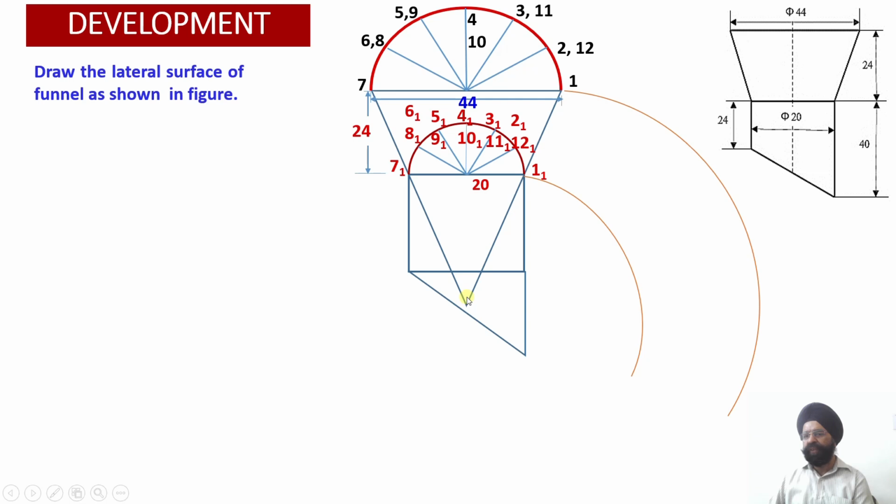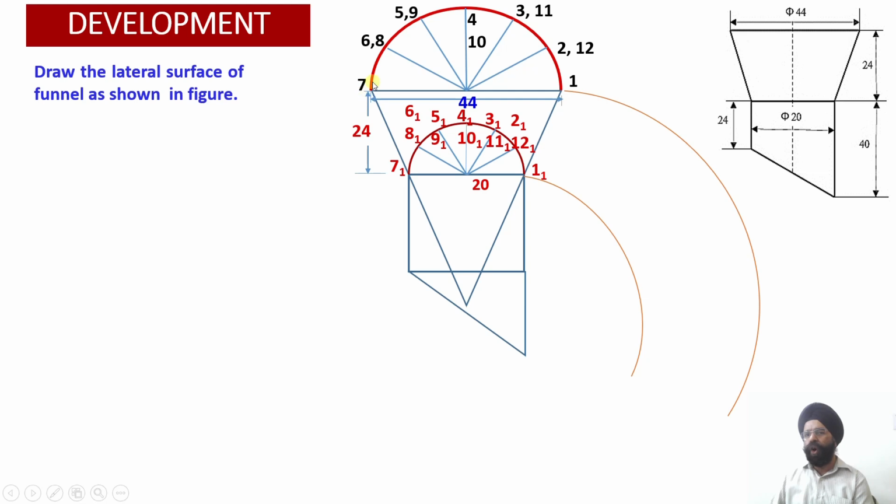This is my true length for the smaller cone. And now I draw another arc over here. Now what I need to do, please check. I have got the divisions for all these chord lengths over here. So distance from point 1 to point 2 will be same as distance from point 2 to 3, then 3 to 4, 4 to 5, 5 to 6 and 6 to 7.